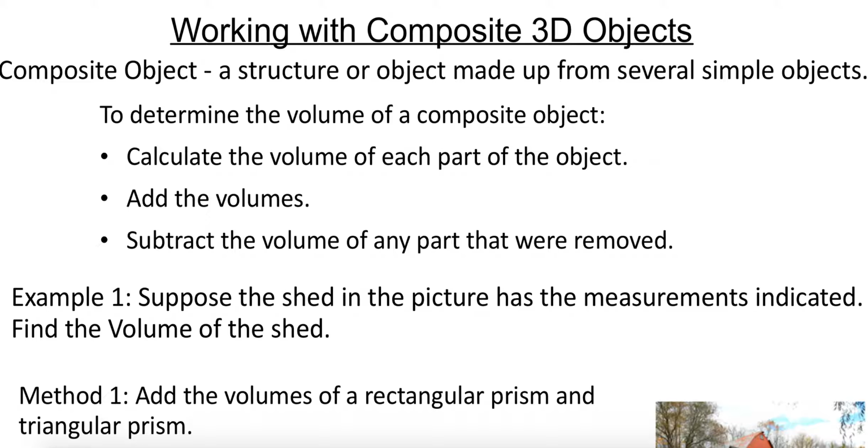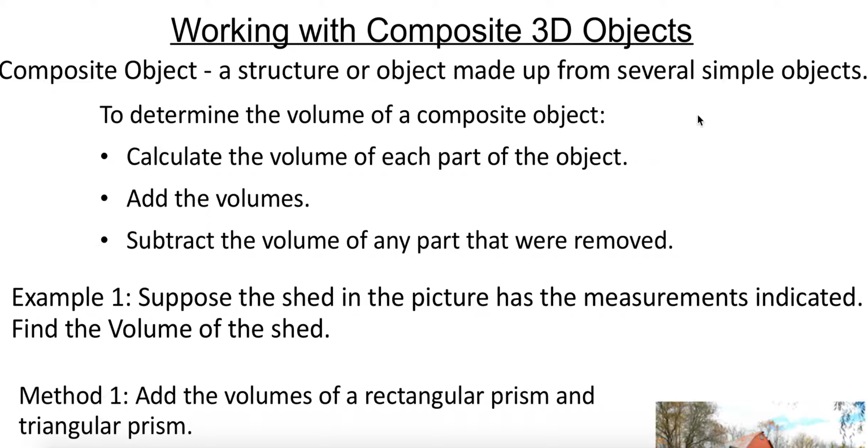So a composite object is a structure or object made up of several simple objects. This is pretty much everything we deal with in everyday life, other than things like a soup can, which is already a cylinder. These are objects like houses or more or less anything that you're talking about. A car can be put together with composite shapes. To determine the volume, we calculate the volume of each part and then just add up the volumes, or subtract